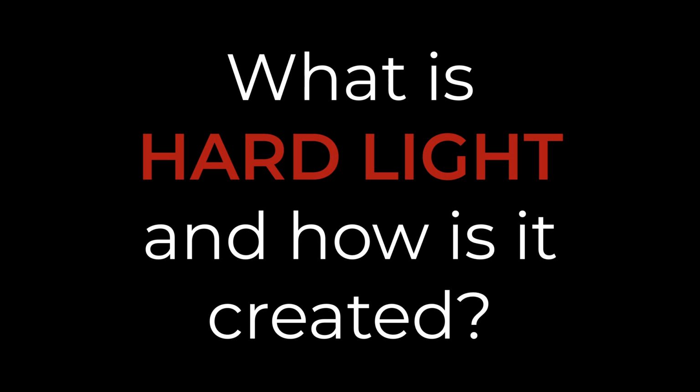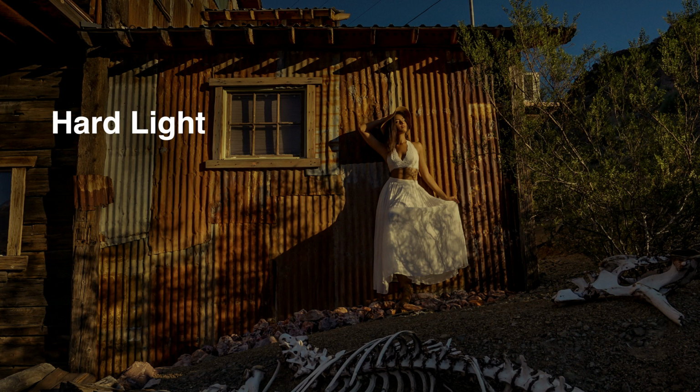So that's soft light, right? We talked about soft light a lot. Now let's talk a little bit about hard light and how it's created, because we're going to have to learn how to use hard light, especially when you're talking about shooting on location and natural light, because part of natural light is hard light too. But let's break it down a bit.